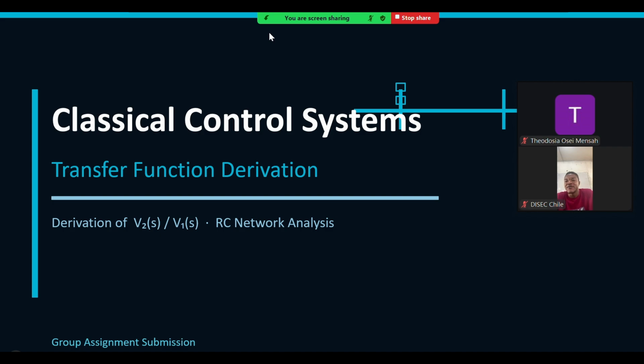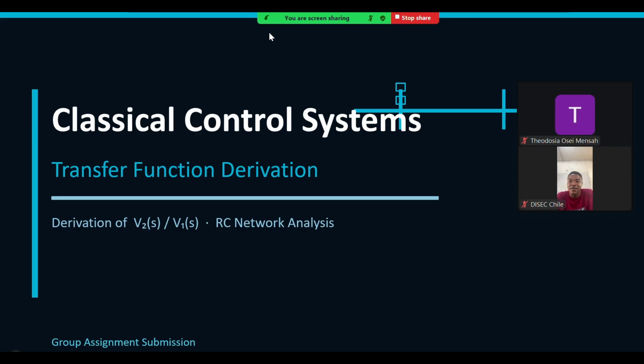We'll be deriving the transfer function V2(s) over V1(s) for the given RC network. This problem is an application of classical control system analysis using Laplace transforms. The objective is to express the output voltage in terms of the input voltage in the S domain or the